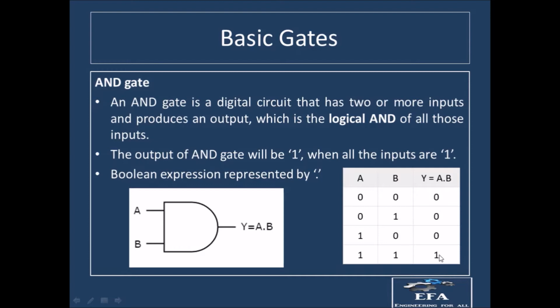So this is the simplest case which we have discussed about the AND gate. If you are having more than two input lines, suppose three or four or five, whatever the number of input lines, all the input lines should have one at their inputs. Only then will we have one at the output. In all the other cases we will have zeros.